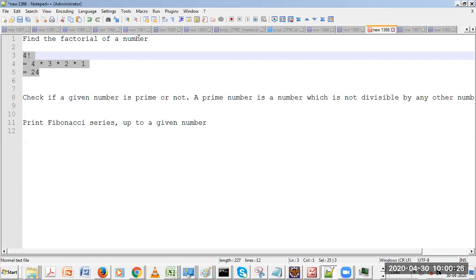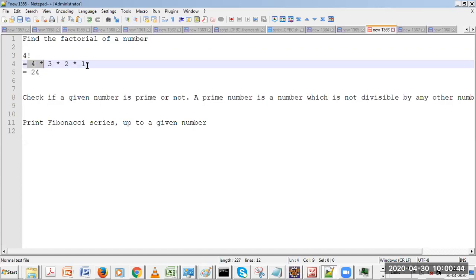I want you to write a simple program. Now look at my logic, yaar. When I say logic, you will say it is simple: 4 into 3 into 2 into 1, if 5 then 5 into 4 into 3 into 2 into 1, if 6 then 6 into 5, right. But if you have to write a code somewhere, and you don't have just multiple operations like 4 into 3 into 2 into 1, I want you to use a loop for that.